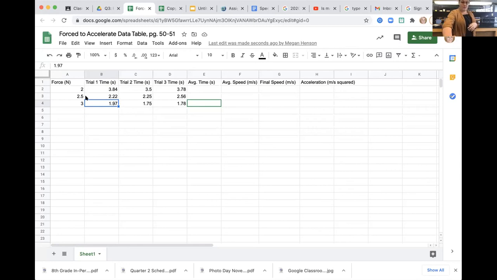So we tried pulling the skateboard with the weight 3 different times using 3 different forces. The first time at 2 newtons, these were the 3 different trial times. The second time with 2.5 newtons of force, we did 3 trials and those were the times. And then the third time we did 3 different trials and these were the times that we got. So at this point, I'm going to pause this video, and as a class, we're going to go through and find average time, average speed, and the final speed and acceleration, those other pieces of this board. So I will pause,